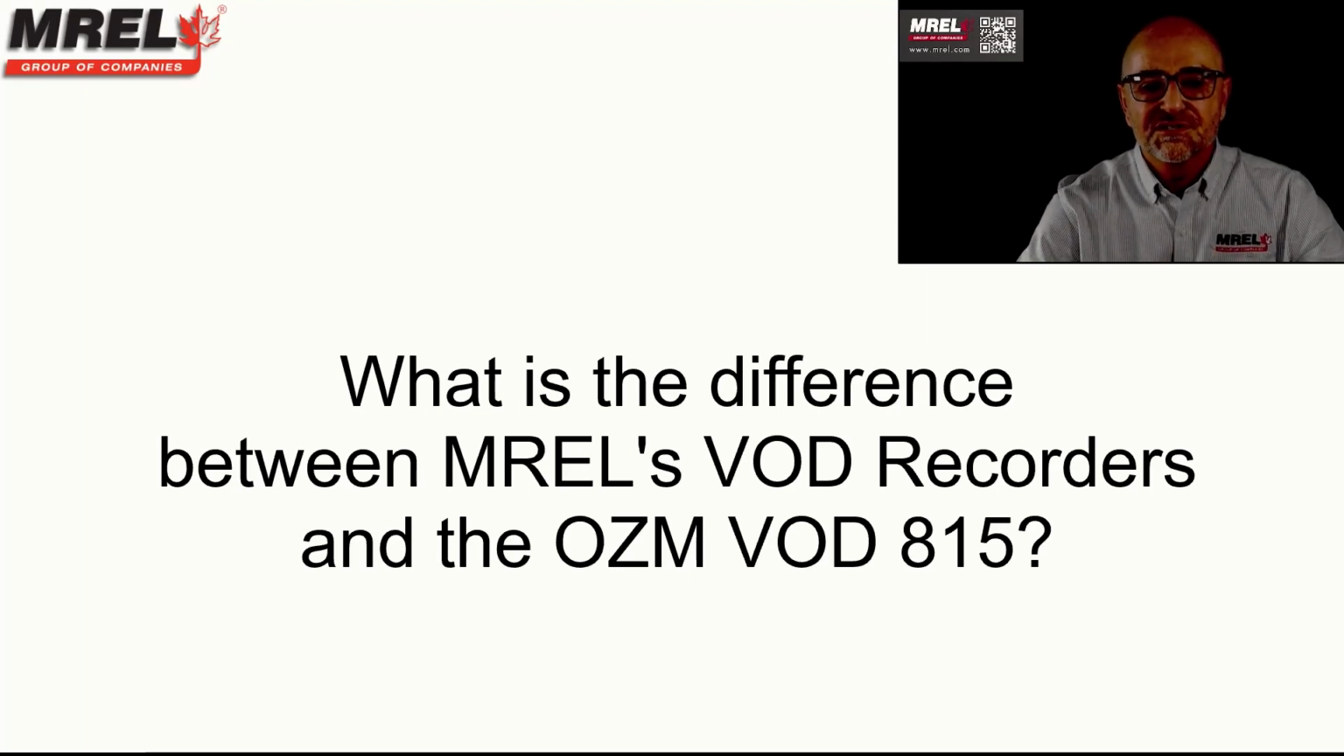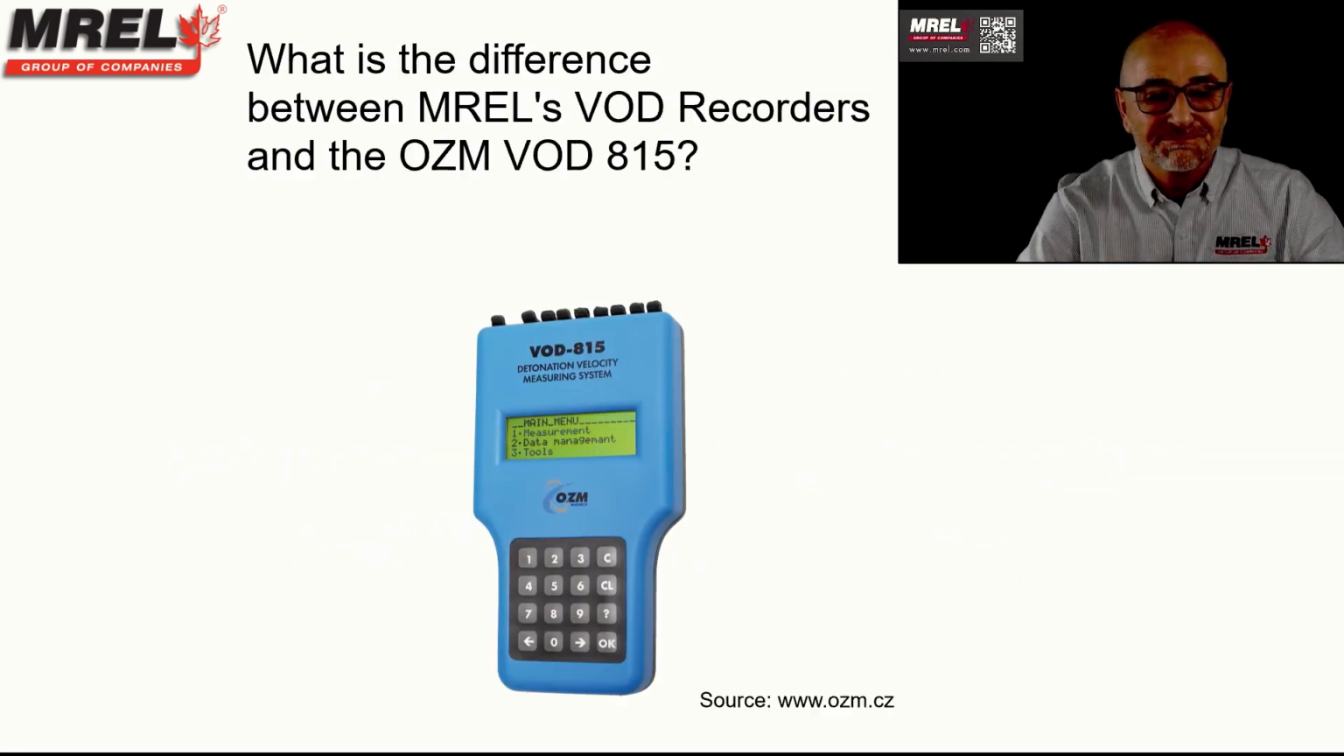What is the difference between MREL's VOD recorders and the OZM VOD 815? Thank you for your question. The OZM VOD 815 is a point-to-point time recorder and will display the average velocity between discrete points located in